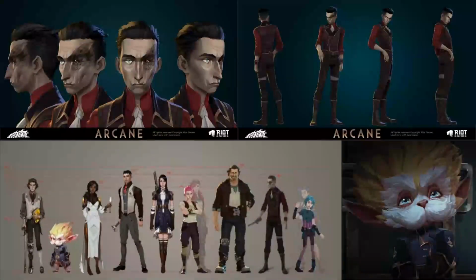Looking at the characters, as we can see, they have more stylized clothing folds in their appearance, or a more focused shape language in the characters. Vi has a kind of square language. Jinx has more of a diagonal shape language. And if you also look at Silco, he has very distinct planes on his face,